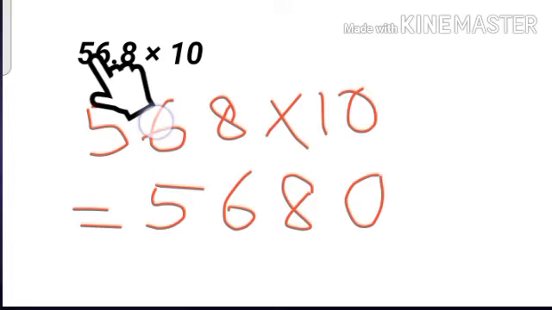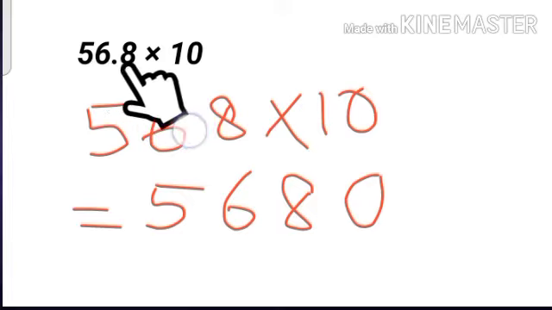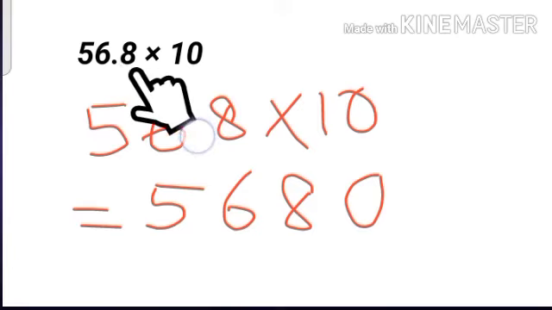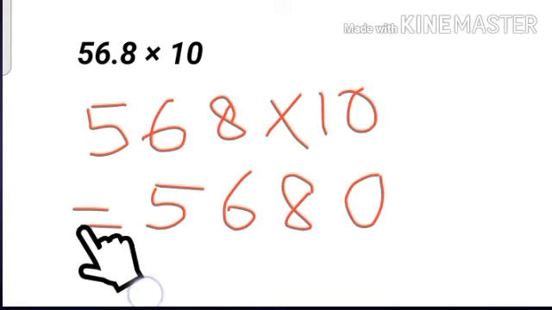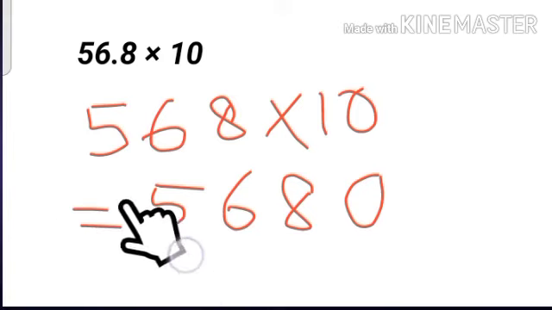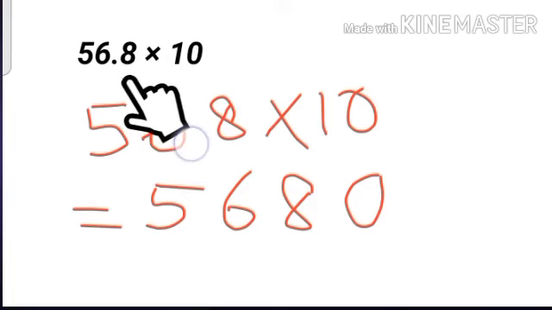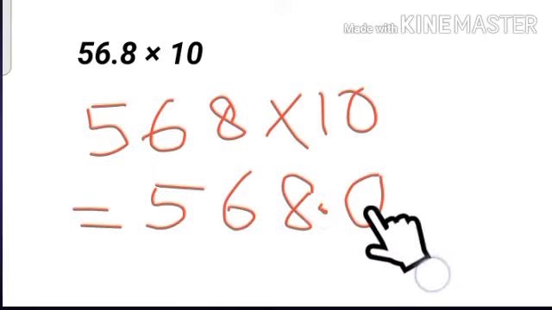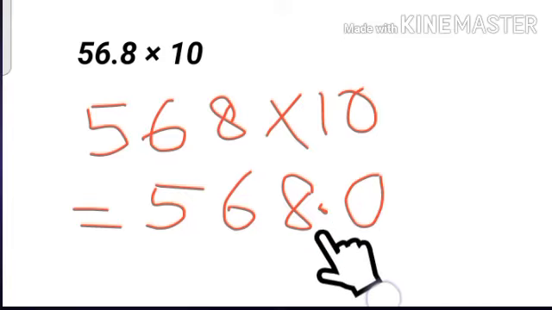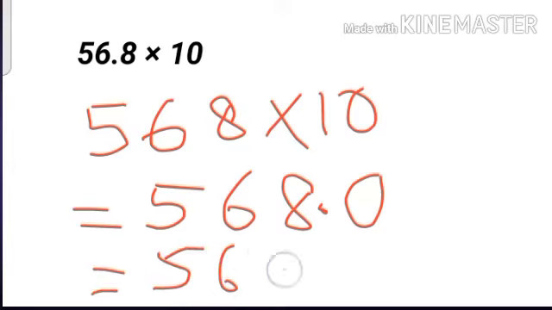Now you can come to the decimal place. After the decimal point, how many digits are here? We have only one digit. So you can come to this answer. Now you want to place the decimal point. In the decimal number we have only one digit after the point, so in the answer also we have to keep the decimal point counting from the right side, one digit, and place the point after it. So now can you tell me what is the answer? 568. 568 is the answer. Do you understand?